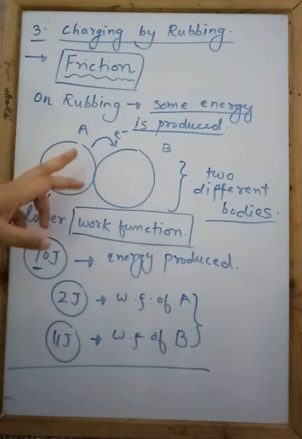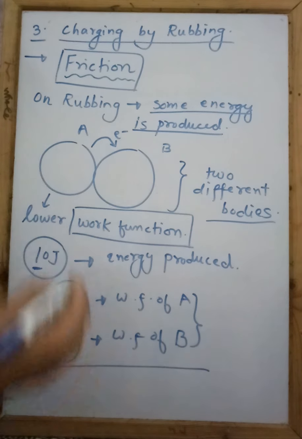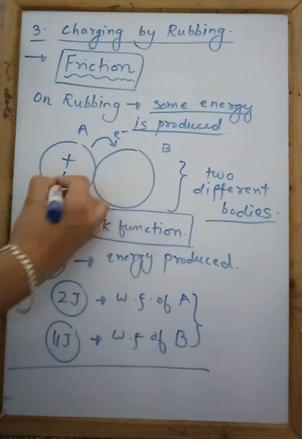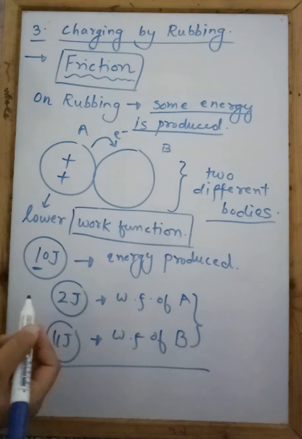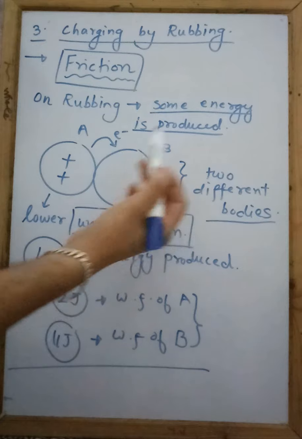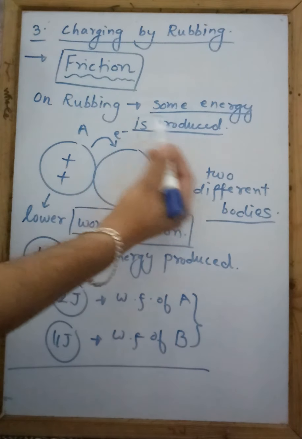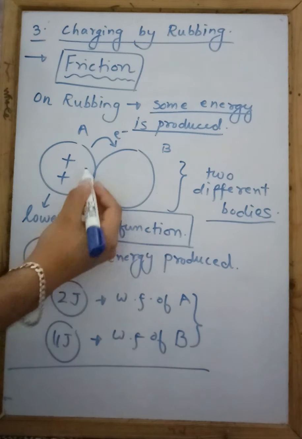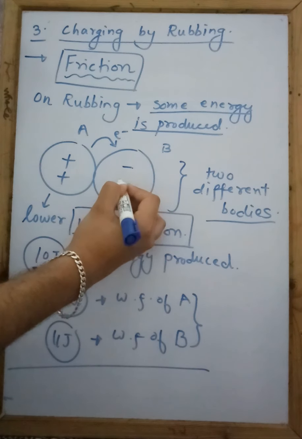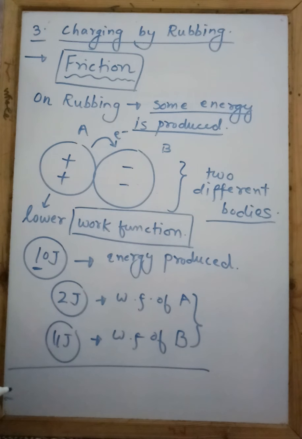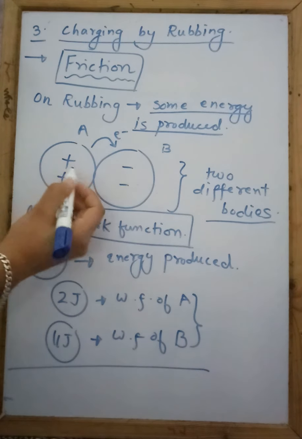और वो अपना इलेक्ट्रॉन लूज कर देगी, और वो इलेक्ट्रॉन अगर लूज करेगी तो A पे चार्ज आ जाएगा पॉजिटिव, because it has lost one electron. अब वो इलेक्ट्रॉन ऐसे हवा में तो नहीं जाएगा, तो ये इलेक्ट्रॉन जाएगा कहां, जिसके साथ आप रब कर रहे हो, because there is a contact between the two. This negative will go to sphere B. So in this way, when you are rubbing two